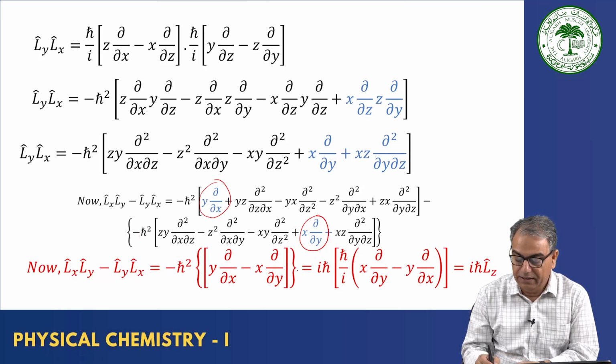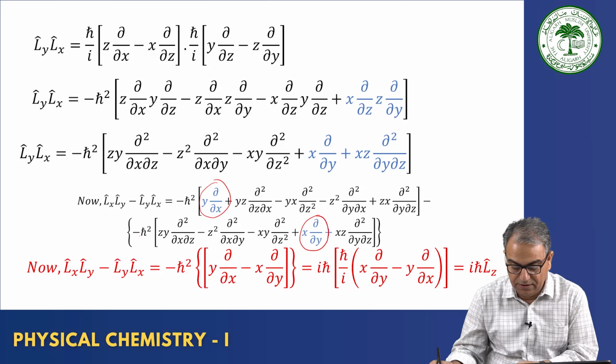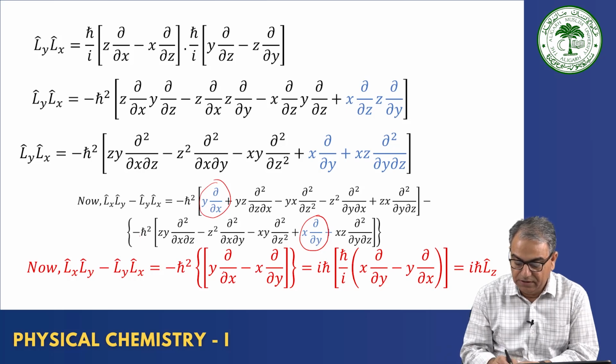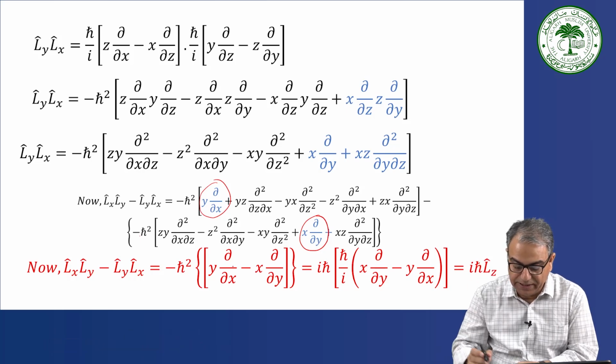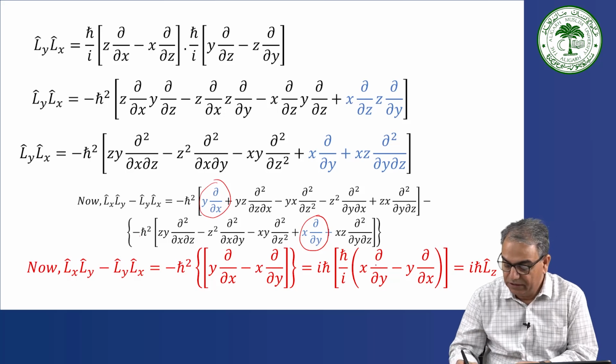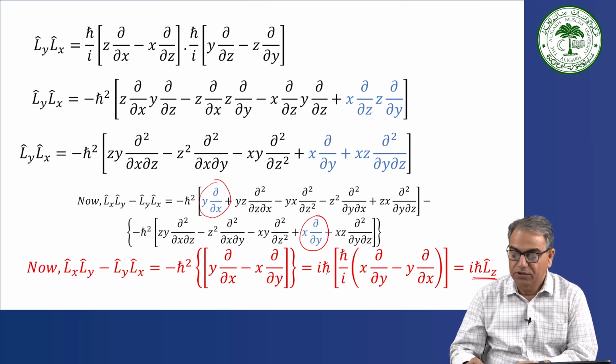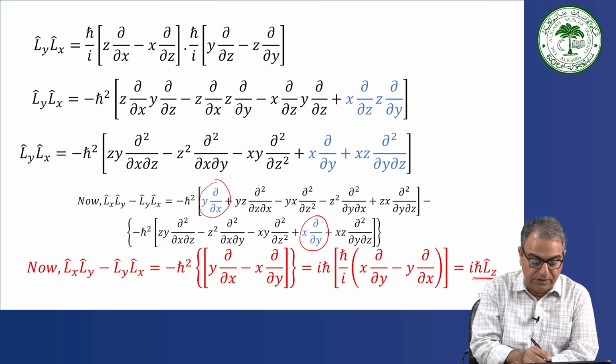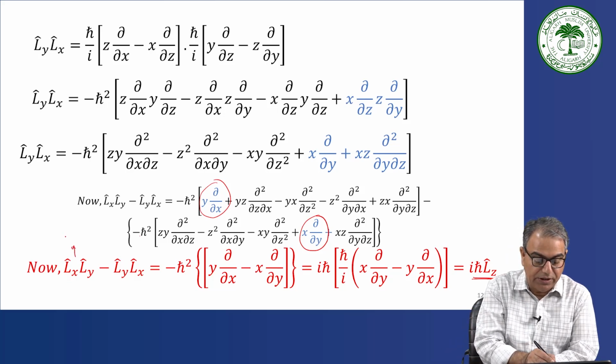Okay. Then what I have done, I rearranged this one, x I brought this side, y I brought this side, and you get h cross by I h cross. So I and I will go, you will have h cross, minus h cross, this one, and then you have h cross by I, we can write, minus sign is I square, so one of the I will be there here, and you can write this one, so it comes out to be I h cross Lz. So this equation is your commutator